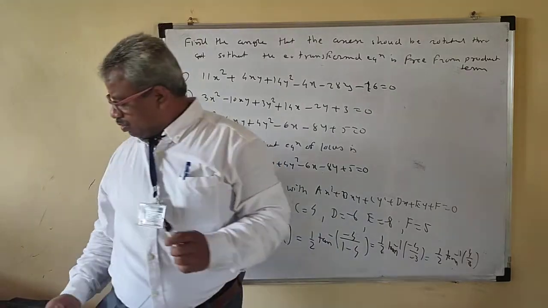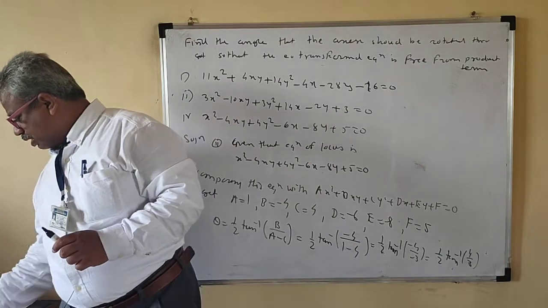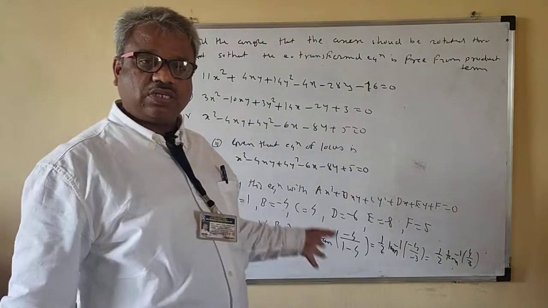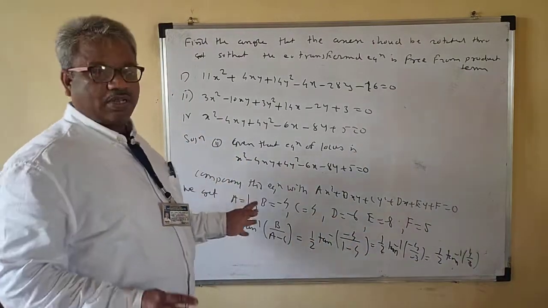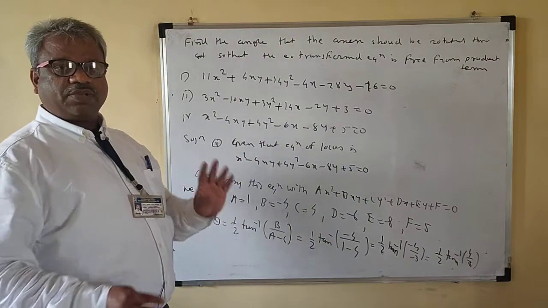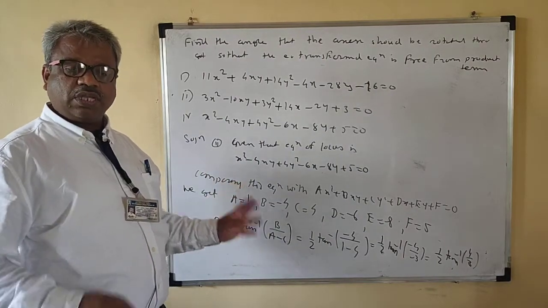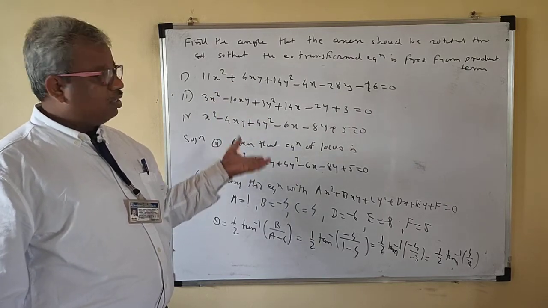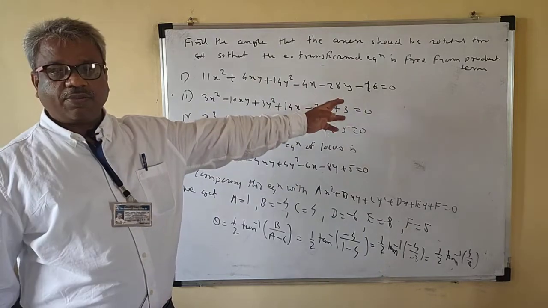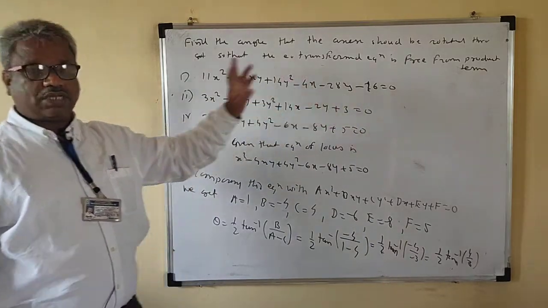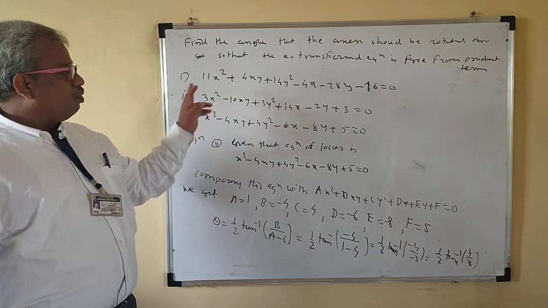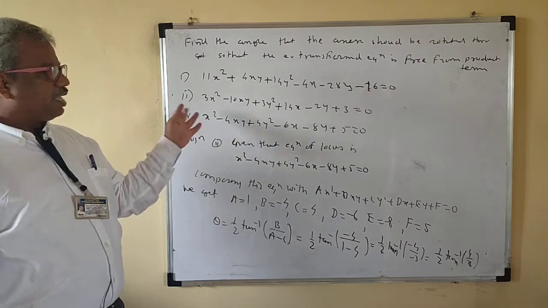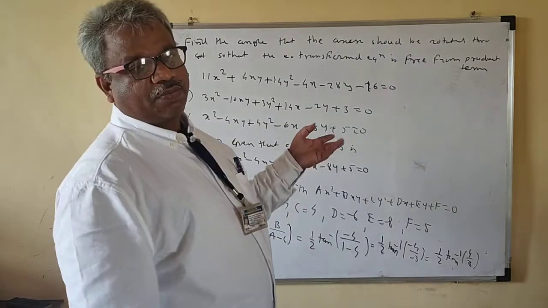So now what we will do in the next part, we will combine all those things, right? We will shift the origin, we will rotate the axis and all those things. We will find the center of the conic, then we will shift the origin to the center of the conic, then we will rotate the frame, and then we will find the transformed equation of that one. That means we want to convert any second degree equation into the standard form. That will be our next part.